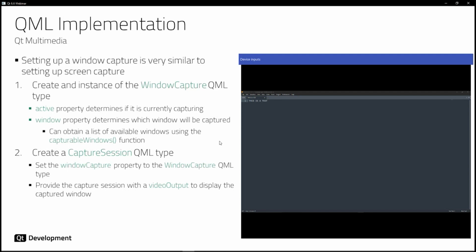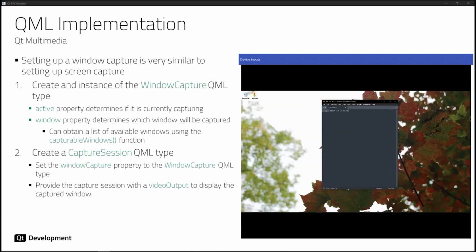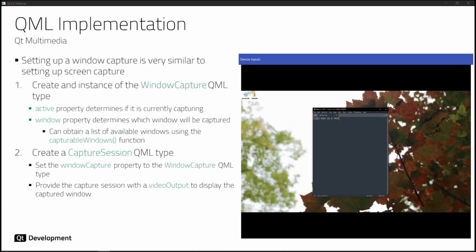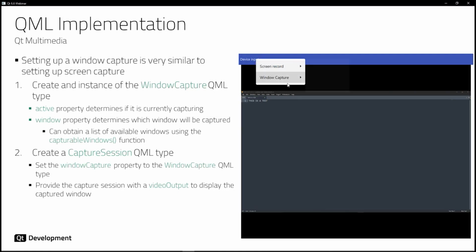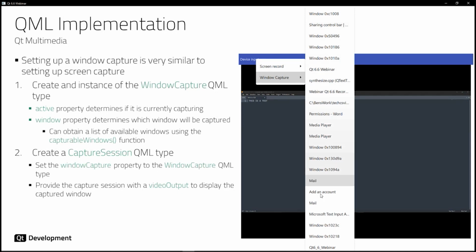So right now, I'm actually in a screen recording. So if I go over to the screen that we are recording, we can see if I were to reduce the size of my window, we're going to display my entire screen, which could be unideal if perhaps behind this screen I had something I didn't want to be recording. So instead, we now have the window capture. So we can see here we've got a list of all the windows I could capture, but I would like to take a look at a very specific one